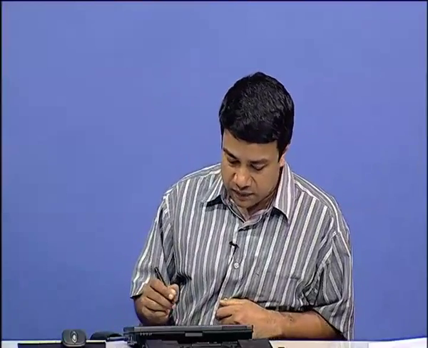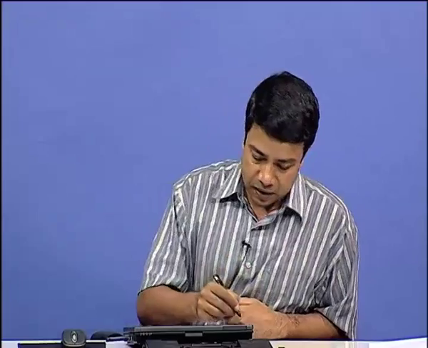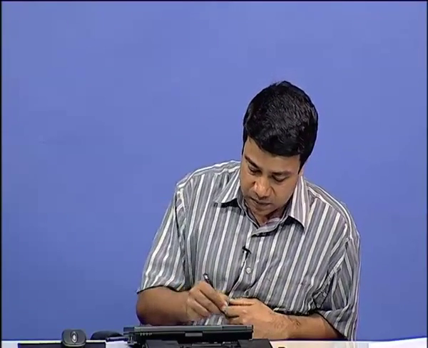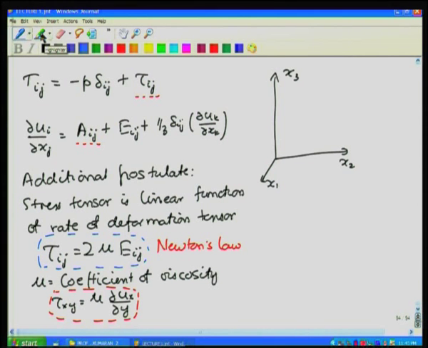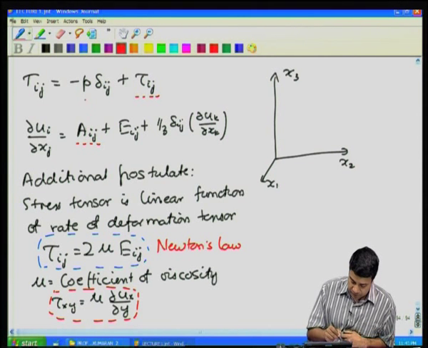And I could also have, in addition, an isotropic contribution due to deformation. Okay. I could also have, in addition to the pressure, an isotropic contribution to the stress tensor due to the isotropic deformation. Okay. And that is often written in terms of what is called a bulk viscosity. Okay. This additional term, apart from the fluid pressure,